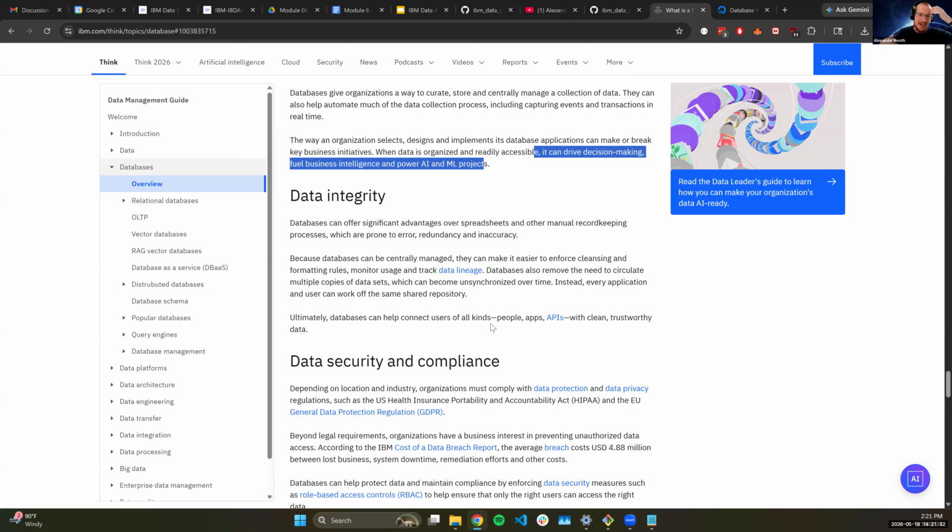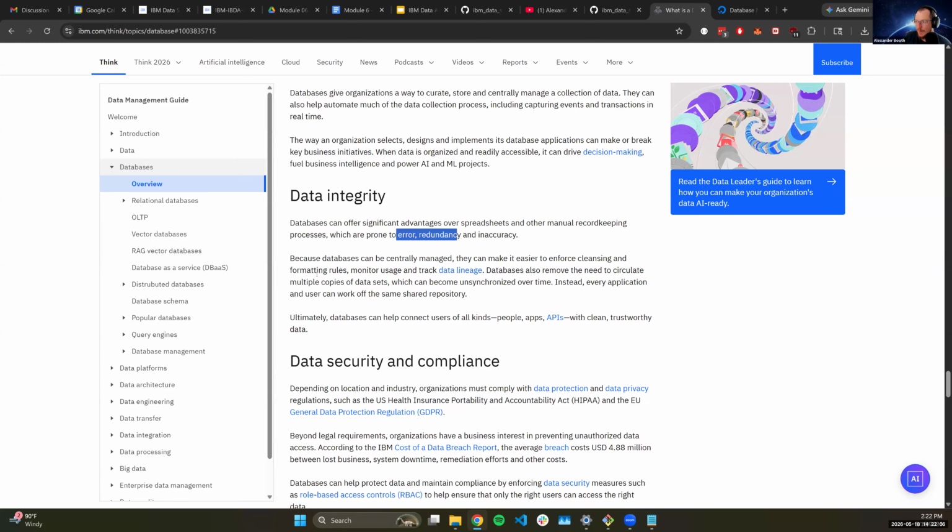The other good use cases for databases include data integrity and data security. So data integrity specifically, they conform to specific schemas and expectations. With spreadsheets, you can have errors, human issues, inaccuracies, right? You're losing that integrity, that trust in the underlying data. But with databases, they allow you to have clean data, formatting rules, and also allow you to track lineage, how data moves across your data architecture and your data ecosystem.